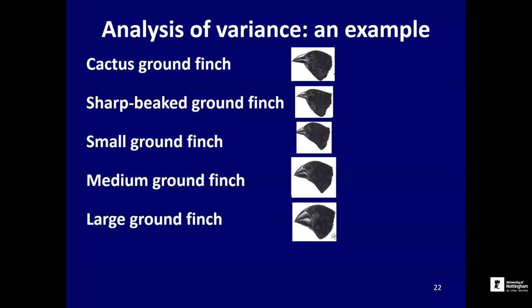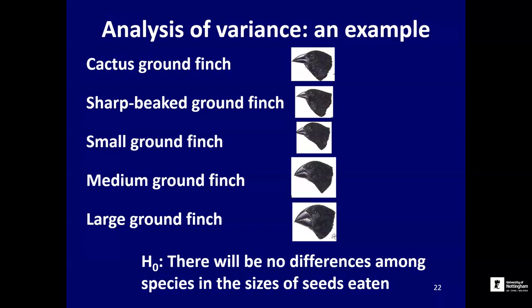So let's imagine we've looked at, and this is obviously based on a real study, 5 different species of these Darwin's finches, known as ground finches, each with a different bill shape. We've got the large ground finch, which is a bigger bird with a big heavy bill, whereas you've got some smaller species with really nice fine bills. And the hypothesis we have here is that these bill shapes in some way correlate with the kind of food that's available and eaten by these bird species. In other words, that the bill is adapted through evolution in order to access the food